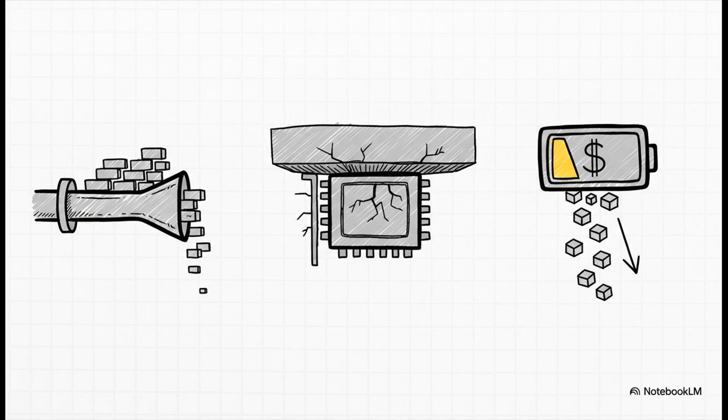The real demons are things like memory bandwidth, that's how fast you can shovel data into the processor. It's VRAM ceilings, the hard physical limit of your GPU's memory. And it's the cold, hard cache and energy it costs to generate every single token. These are the walls that teams are smashing into, and this is the problem that quantization is meant to solve.